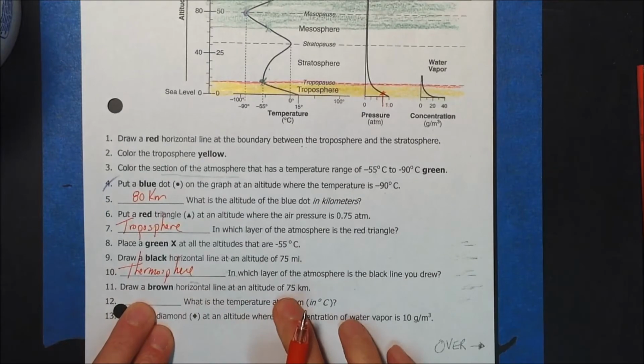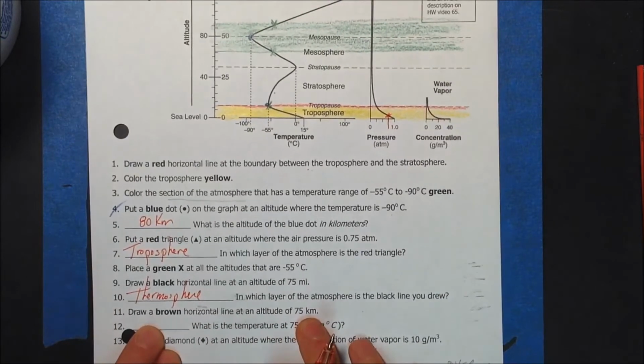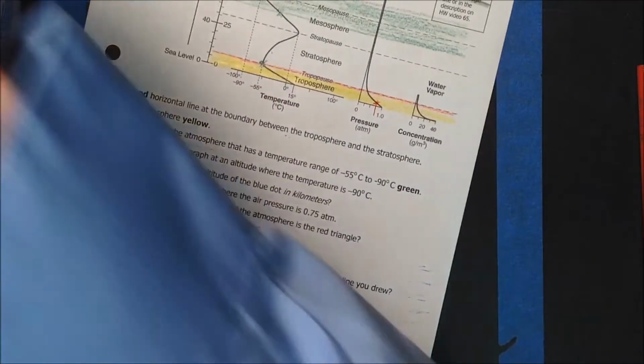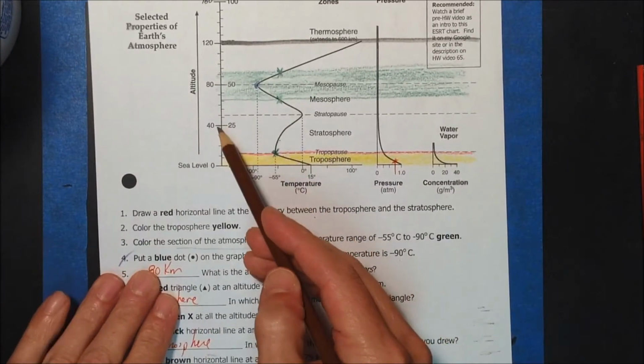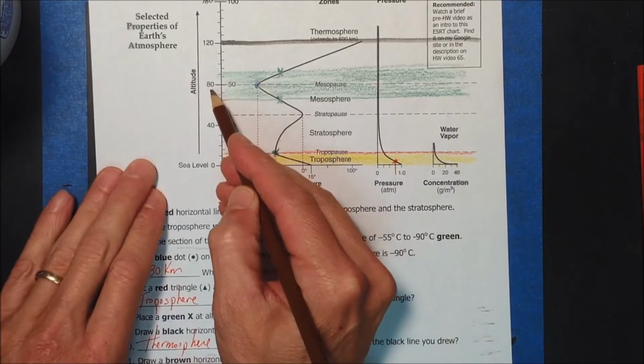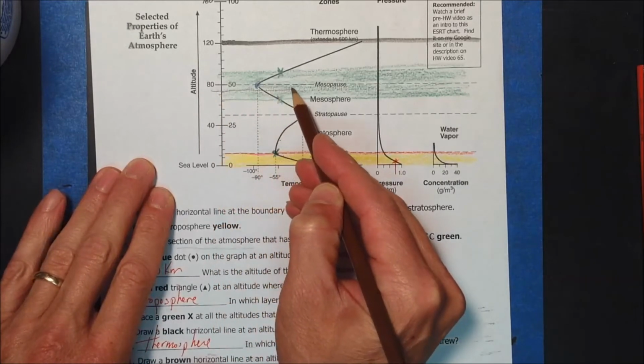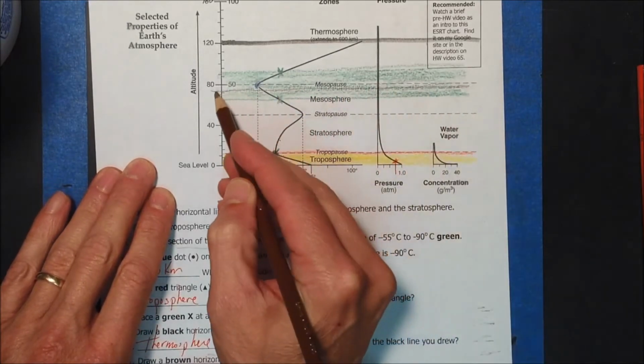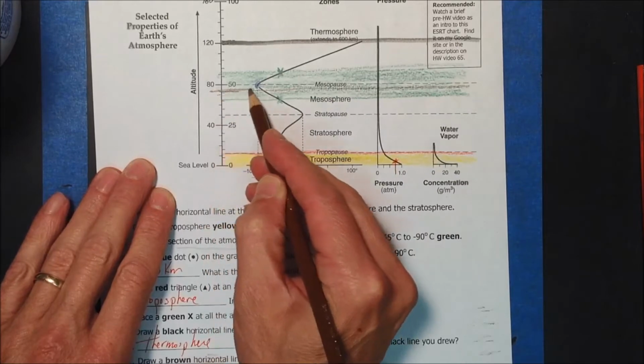Draw a brown horizontal line at altitude 75 kilometers. So, brown, 75 kilometers. You have to realize this is 40, 50, 60, 70 is probably right about there. This is just helping you read the scale. So we're still in the mesosphere, just a bit below the